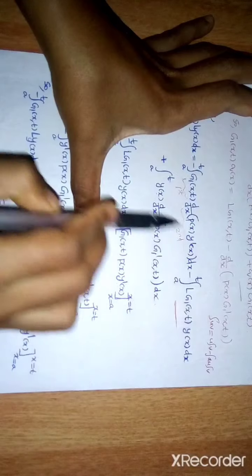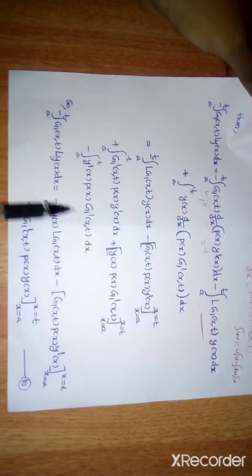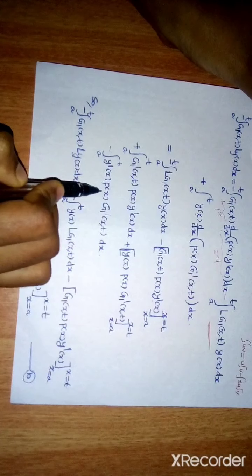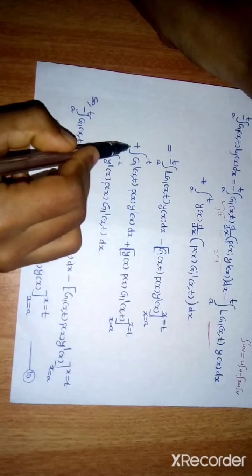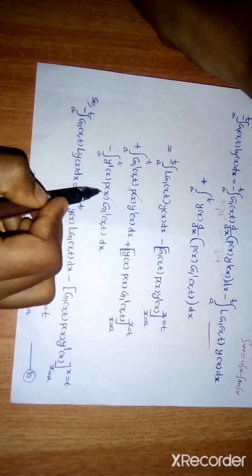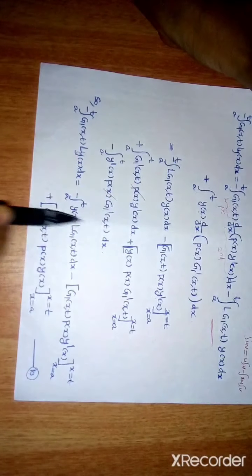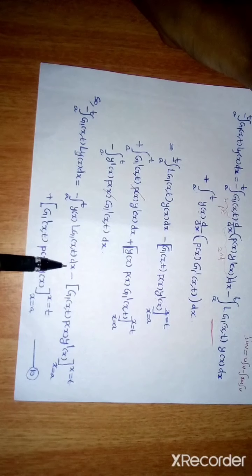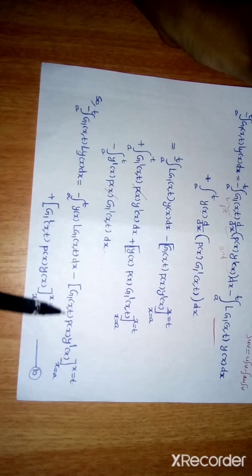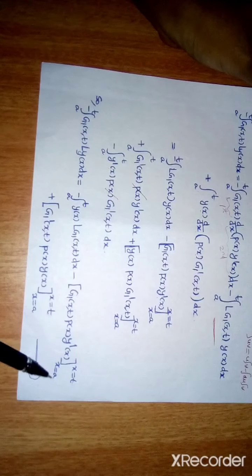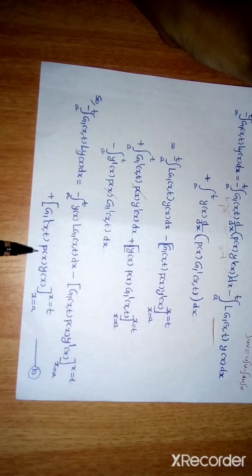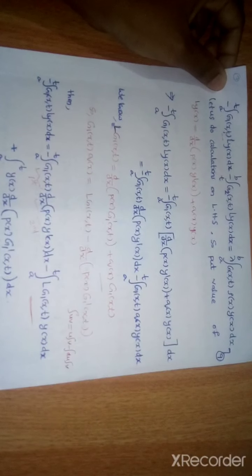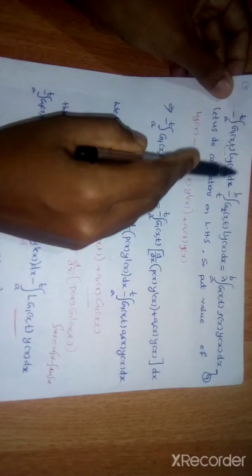Similarly this law can be applied here. Then we get like this. Now look at this term, integral a to d y dash of x p of x g1 dash of x. Both are same, negative and positive, so we can cancel these two terms. The left terms become minus integral a to t y of x L g1 of xt dx minus g1 of xt p of x y dash of x in the limit a to t plus g1 of xt p of x y of x in the limit a to t. Put equation number 10. So we found the value of the first term.